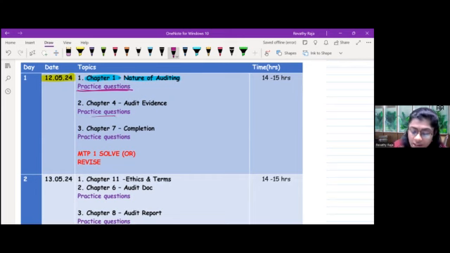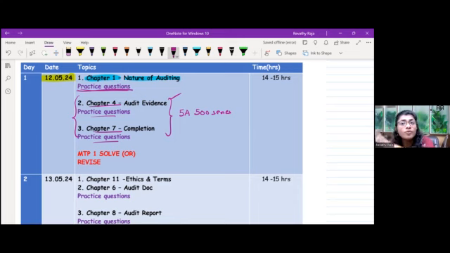Throughout the video, I'll be saying practice questions. Practice questions means it's your study material, test your knowledge, test your understanding, or some practice questions of ICAI, etc. Then we can always go for chapter number 4 and 7. You know why I selected chapter number 4 and 7? Because of the SA 500 series, I was saying. In chapter number 4, you can finish the 500 series, 500 to 550 is there, plus 610. And chapter number 7 has 560, 570, 580, then 260, 265 and 450.